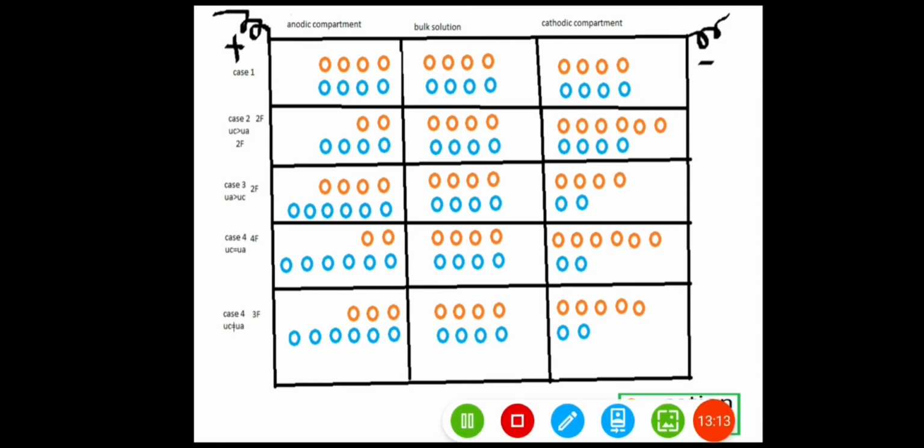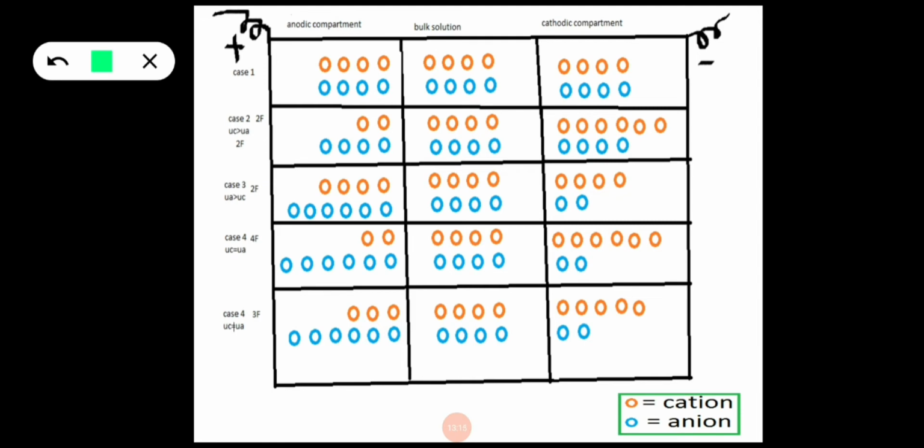So if we carry out electrolysis, let us take 4 moles of an electrolytic solution like sodium chloride or AgNO3. Let us suppose 4 moles of AgNO3 is here and 4 moles of AgNO3 in this compartment, or 4 moles of sodium chloride. If you take sodium chloride here, you have to take sodium chloride in the other compartments also. The same electrolyte is taken in different compartments. Let us take 4 moles here. This cation and anion together is 1 mole of sodium chloride. So 4 moles of sodium chloride is taken here, and 4 moles here.